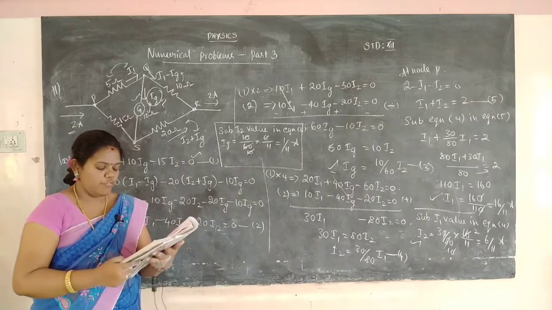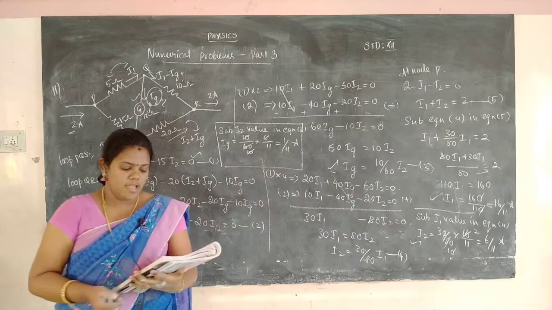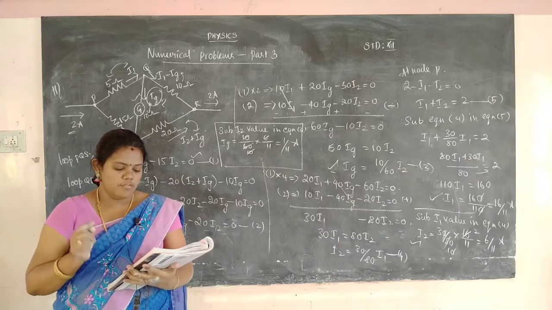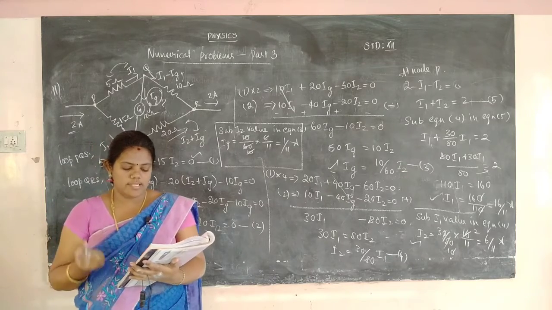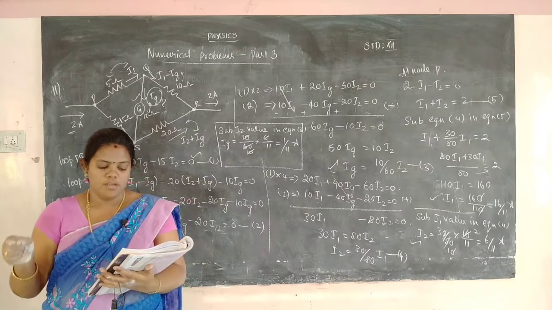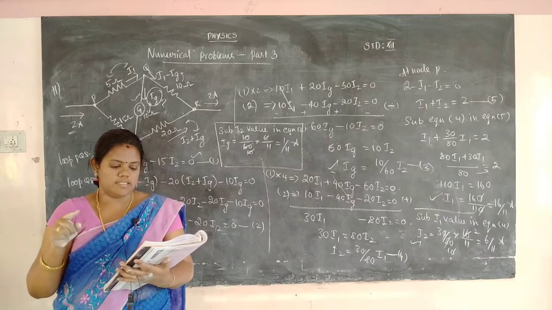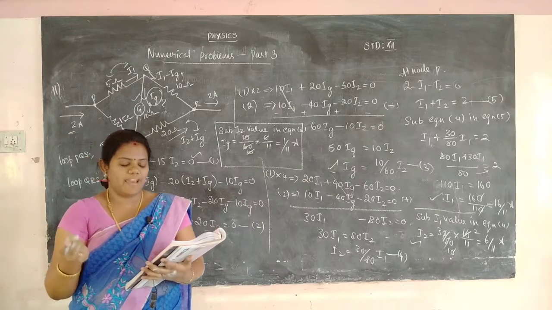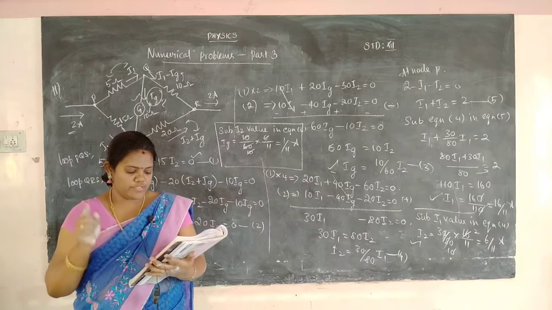Two cells of 5 volt are connected in series across an 8 ohm resistor and 3 parallel resistors of 4 ohm, 6 ohm, 12 ohm. Draw a circuit diagram for this. That is, one cell of 4 volt. Okay. Then a series resistor is given, that is 8 ohm. 3 resistors are given in parallel, 4 ohm, 6 ohm and 12 ohm. First we have to frame a circuit for this.